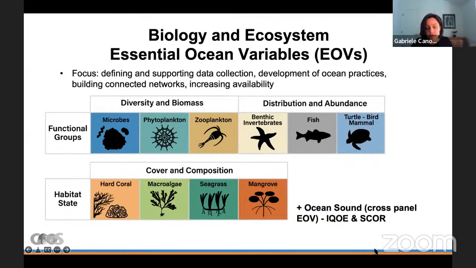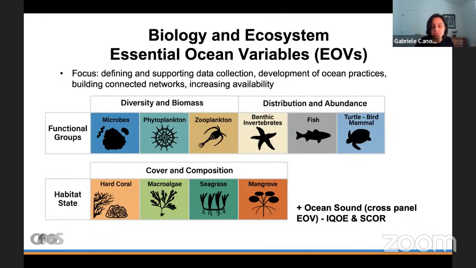These regional and global communities have been active in coordinating around monitoring and mapping for macroalgae and seagrasses. Discussions have begun around deep ocean invertebrates and engaging the deep ocean community on biology and ecosystem EOVs. The coral EOV team has identified a plan towards a common global strategy for coral reef monitoring and for reporting that includes adoption of EOVs as well as the Group on Earth Observations Essential Biodiversity Variable Framework as priorities for understanding and reporting on the health of coral reefs. They're also considering mechanisms to improve and expand delivery of those variables, which is common across all of the EOVs,